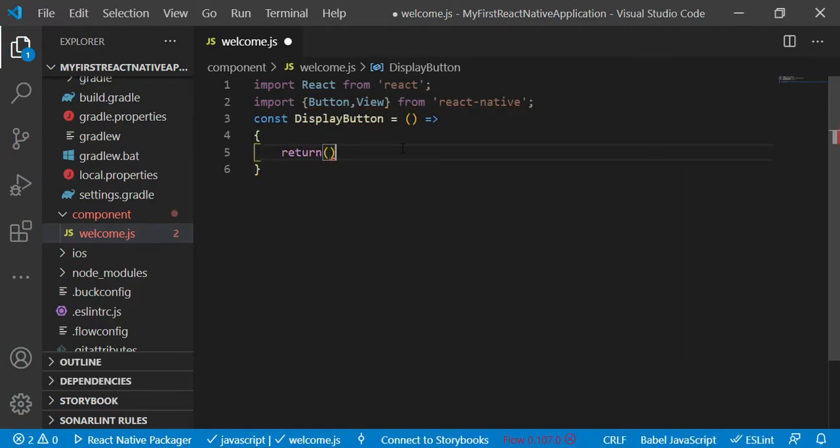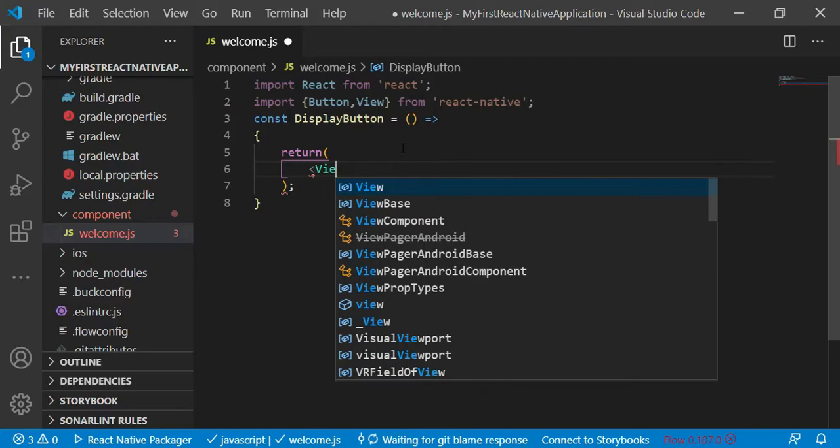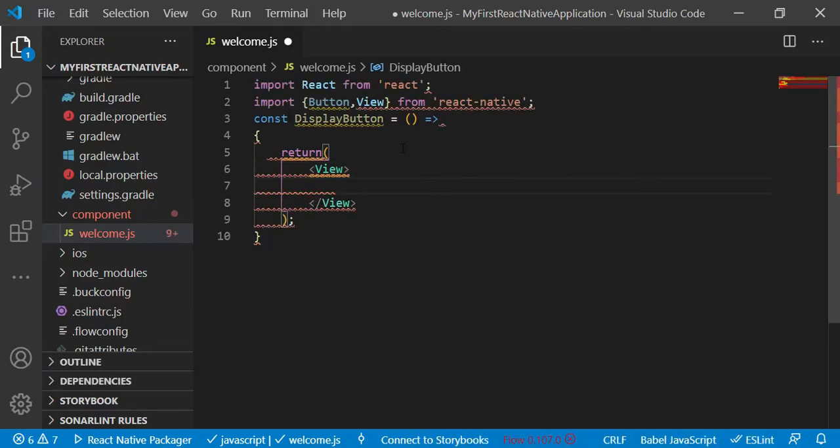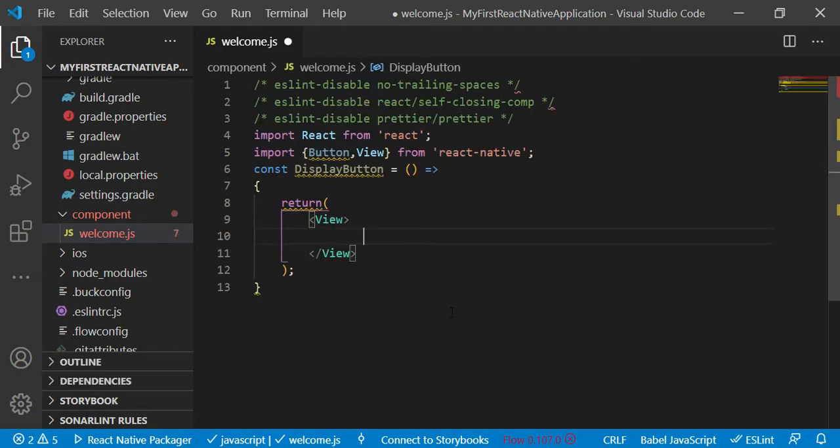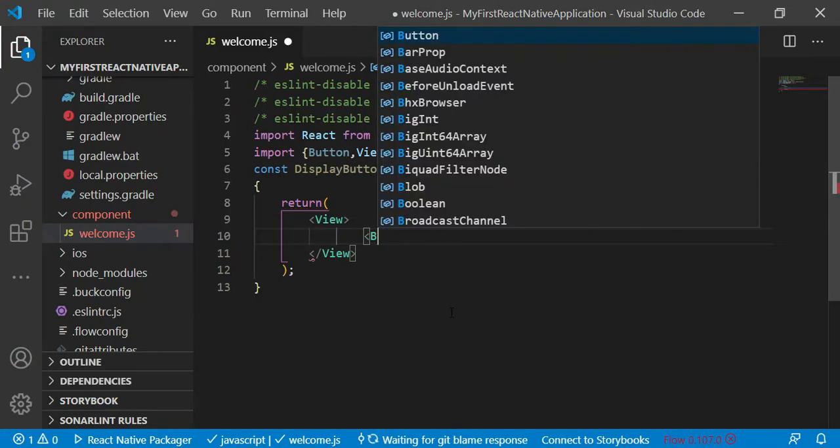This is our normal process. Through the View of this particular return, we will try to place the button component.